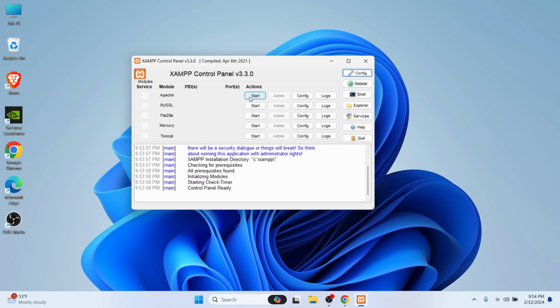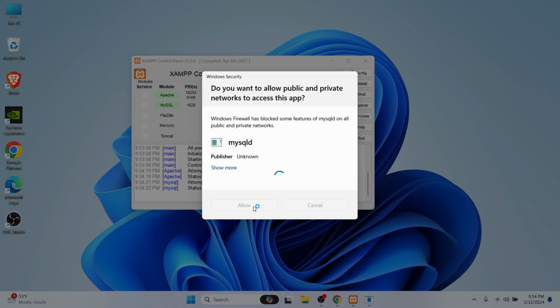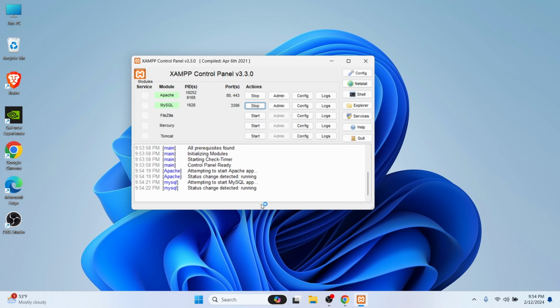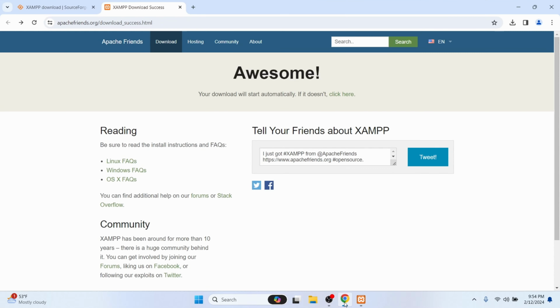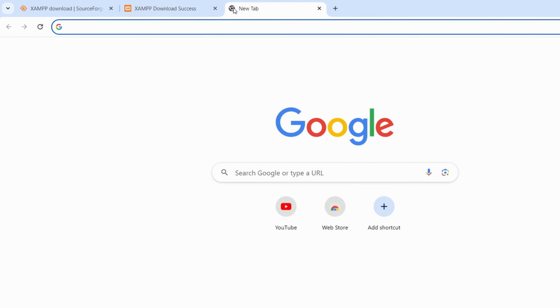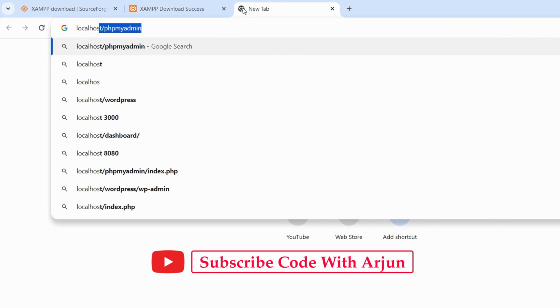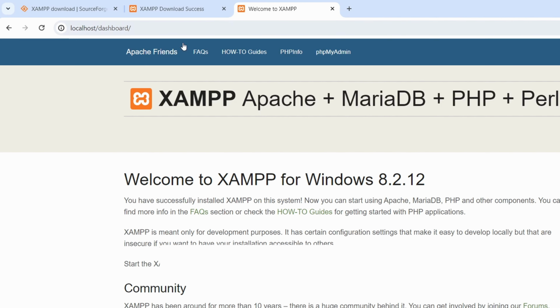And now if I just click on start, this will start the Apache server. And just click on start, this will also start the MySQL server. So now to check, let me again go to the browser, and now if I just type localhost and click enter, if you are getting this kind of interface, then XAMPP is successfully installed and the Apache and MySQL